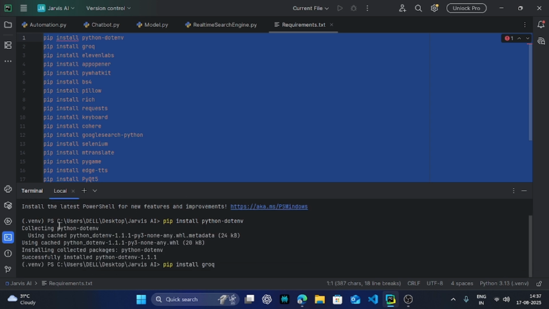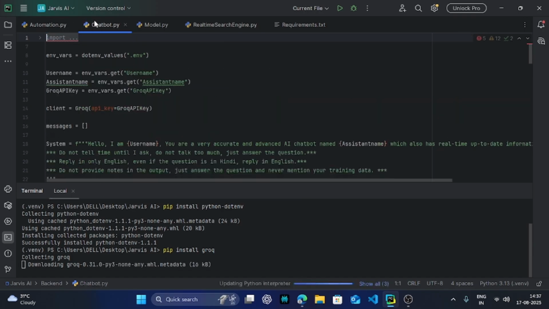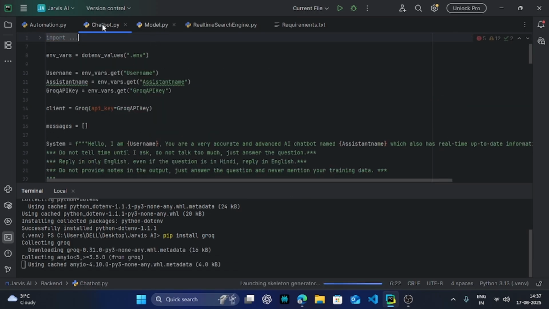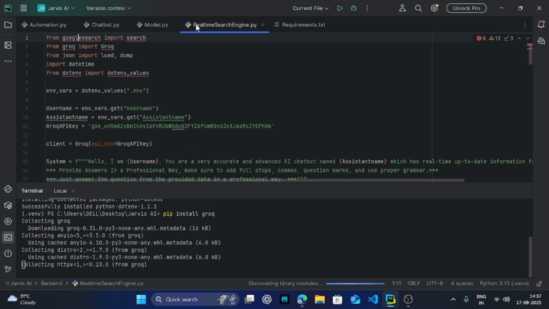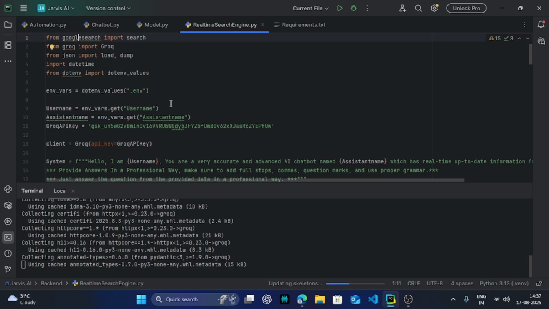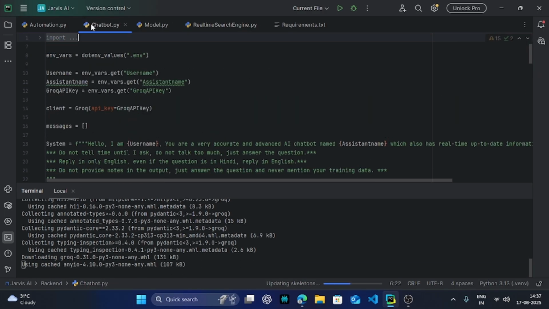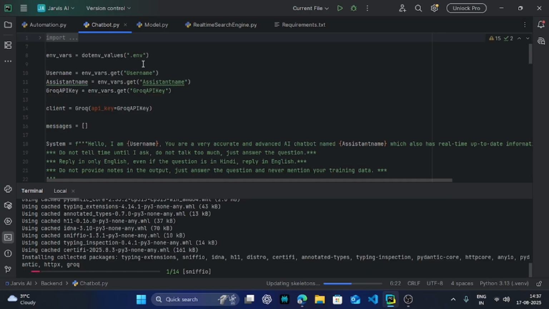While it is installing, I'll tell you that we have already done these files. Today I'm going to explain this file. If you don't get the source code of these files, no problem, I will give that too.